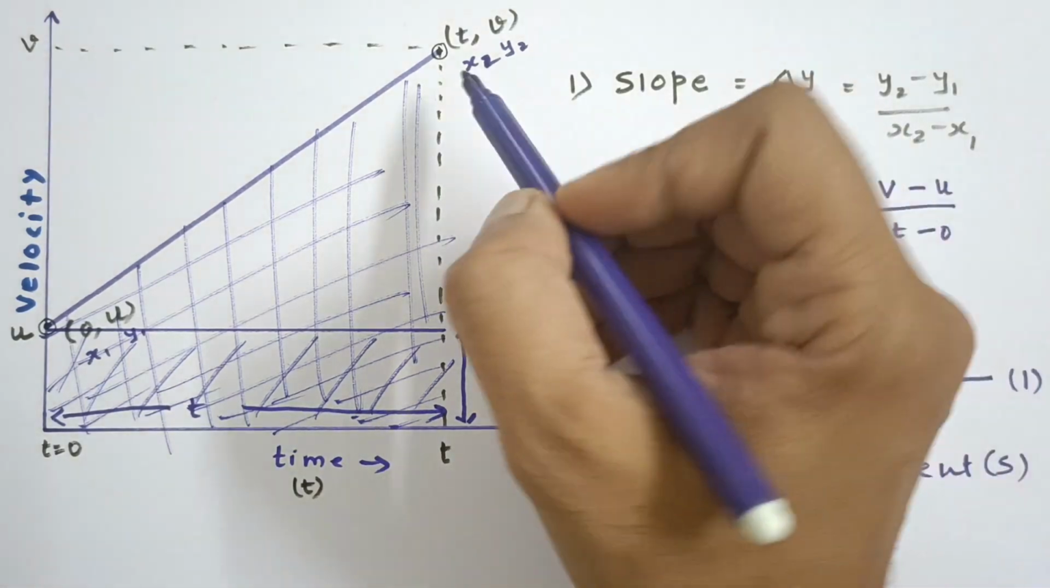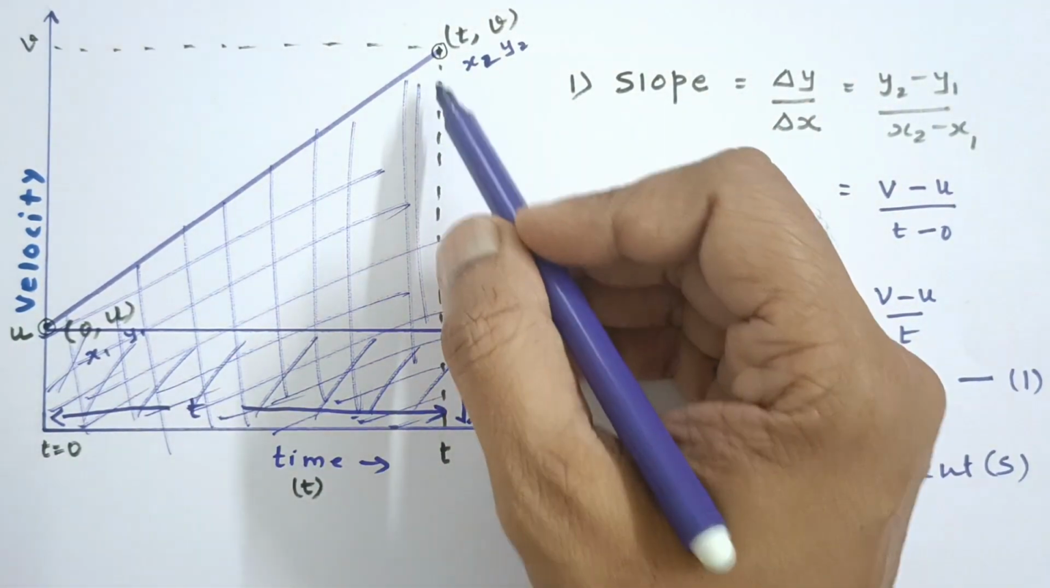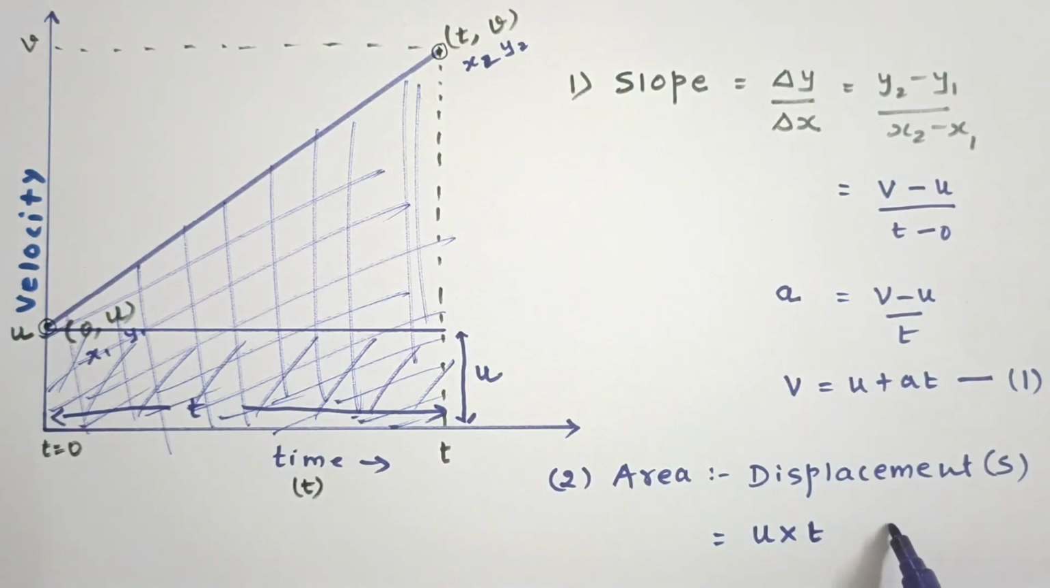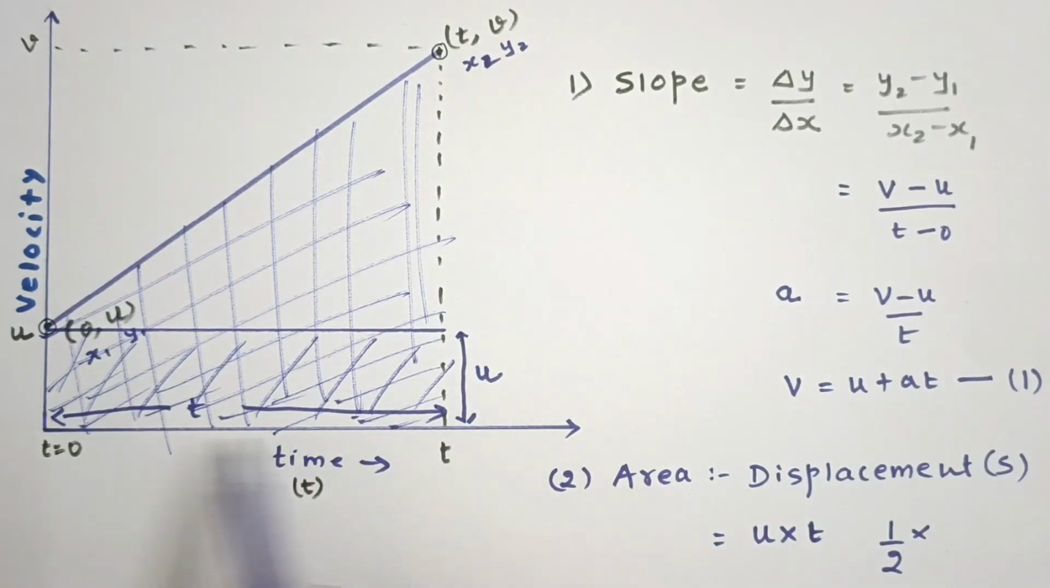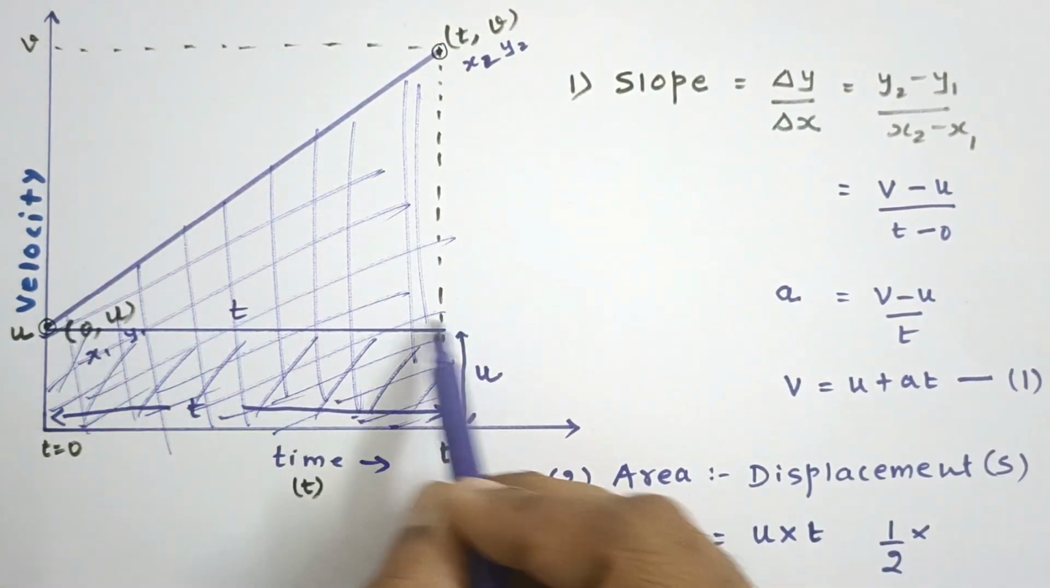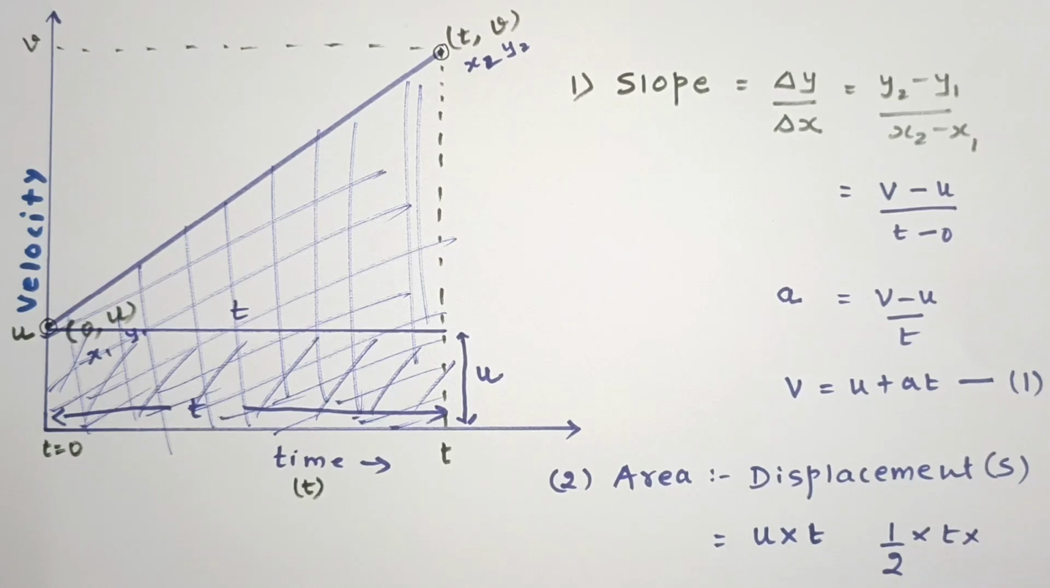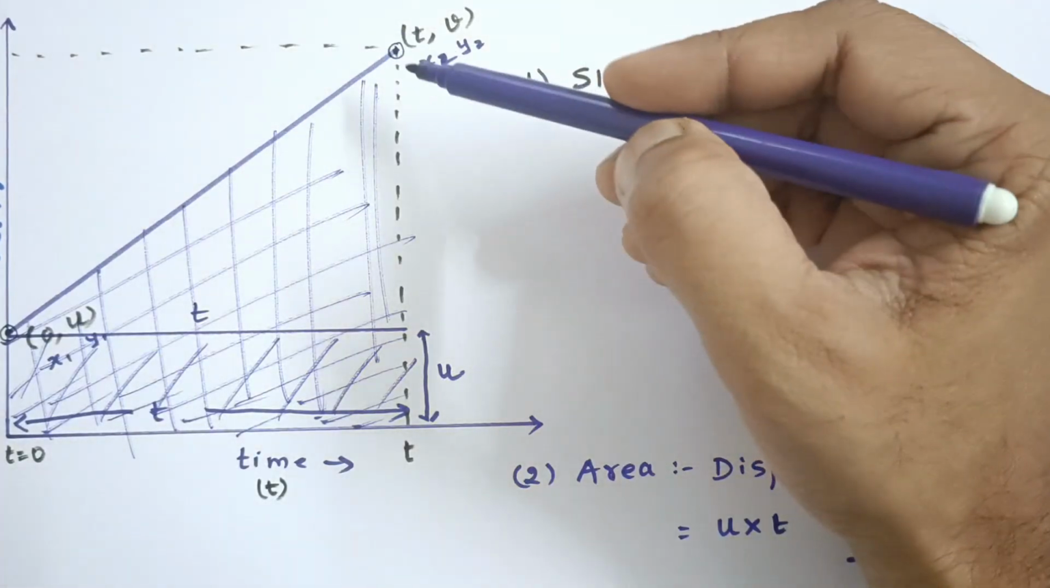Okay. Now, how would I find the area of the triangle? Area of a triangle is half multiplied by base. So base length is t minus 0. So this entire length from here to here is t, multiplied by the height of the triangle, that is from